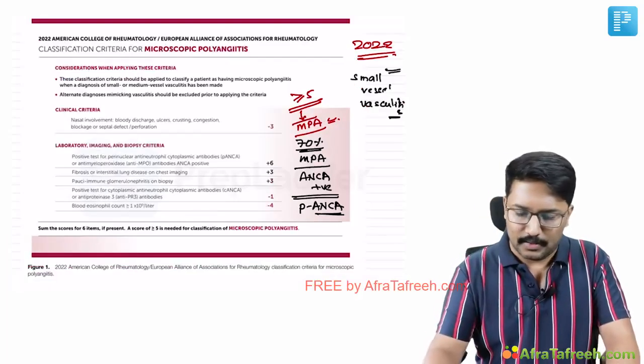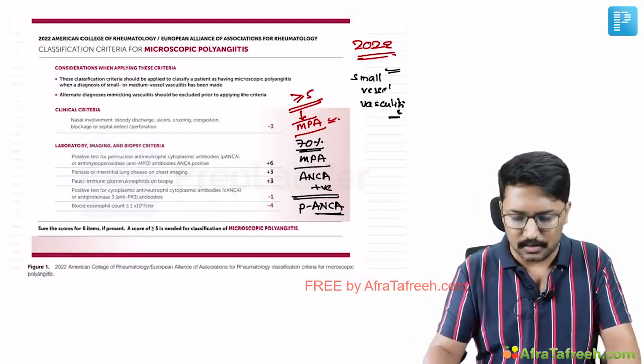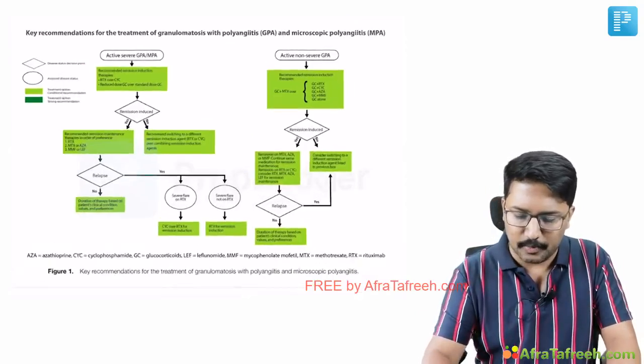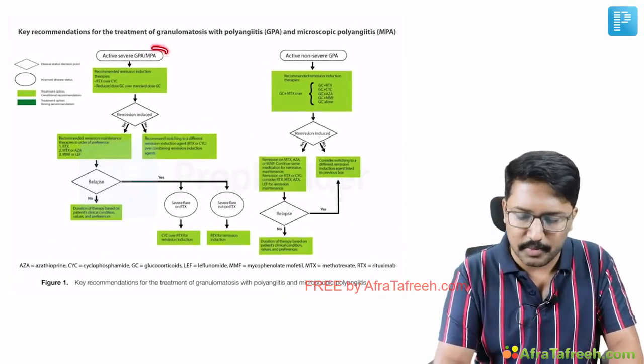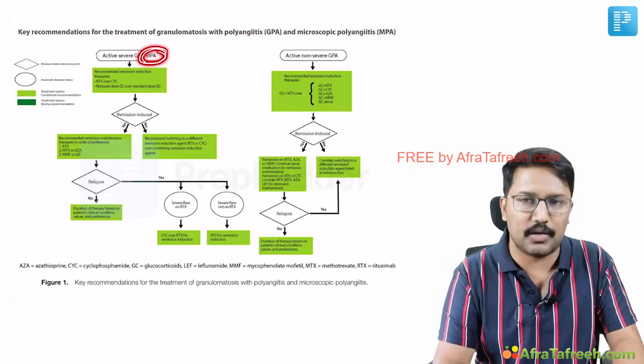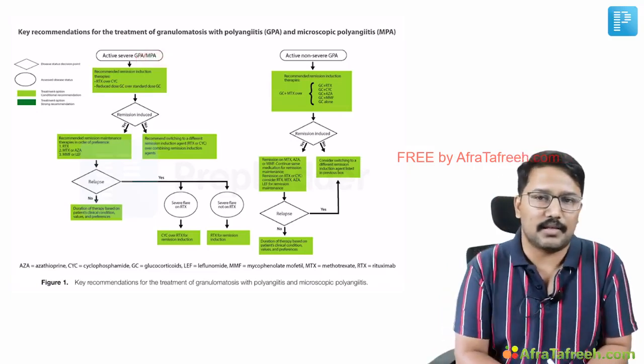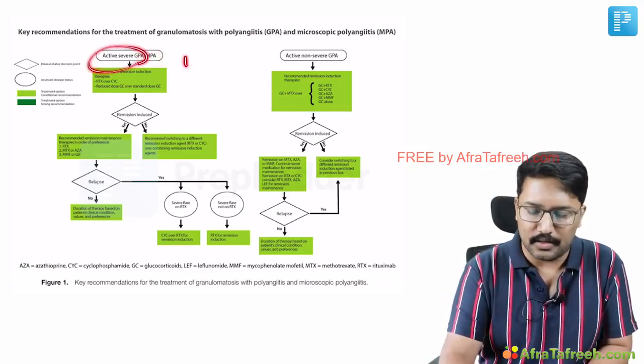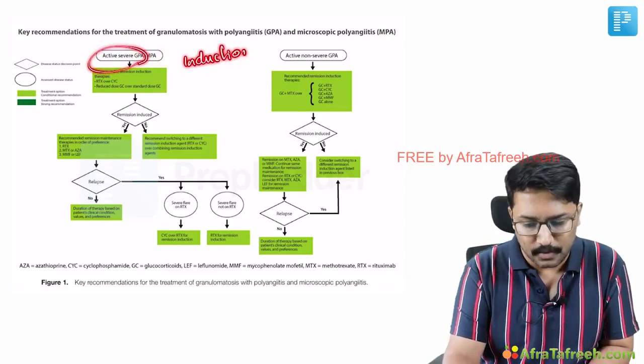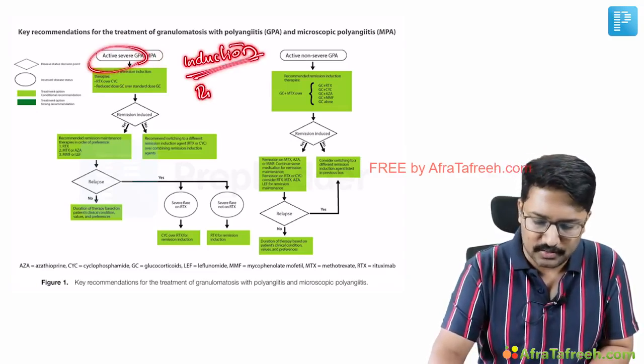Clear? Okay. Now diagnosis I have already discussed in terms of classification. In terms of management, we have already discussed this point. So we will be managing most patients of microscopic polyangiitis as if we are managing a case of active severe GPA. So our induction agent of choice would be what? Our induction agent of choice would be rituximab